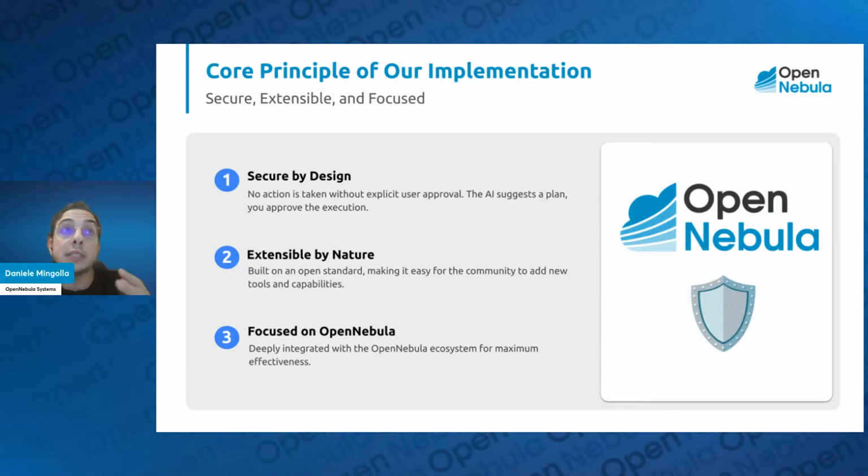Because they could do something that they are not intended to do, right? For example, reboot a virtual machine, or turn off a virtual machine, or install things that it should not install. So what we have done in order to remove this risk is being able to run the MCP server